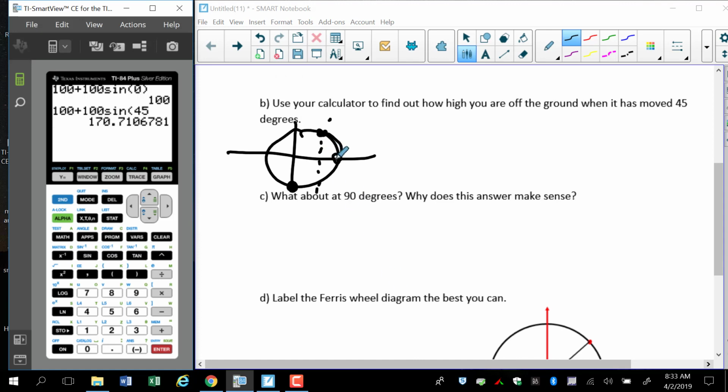Now, at 90 degrees, right here, where should we be? So we're at 90 degrees. We should be, if we did this correctly, at 200 feet. And why that would make sense,